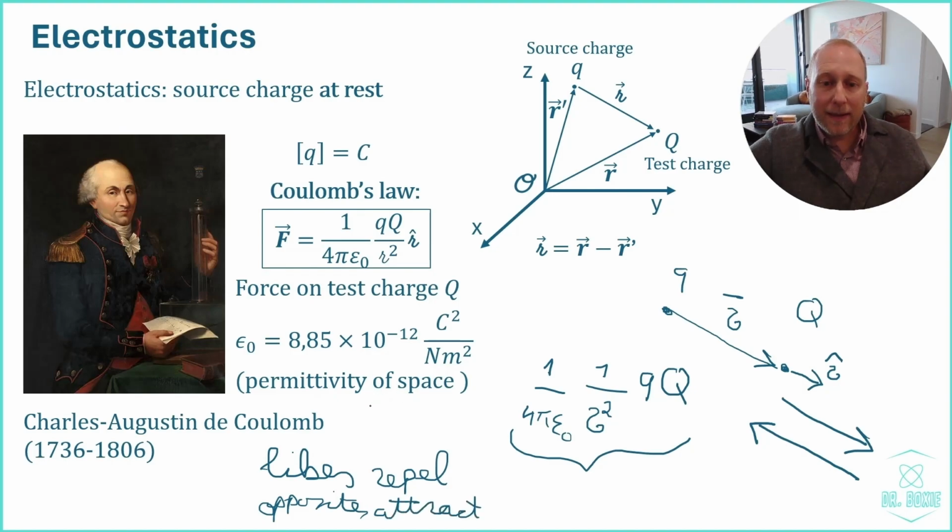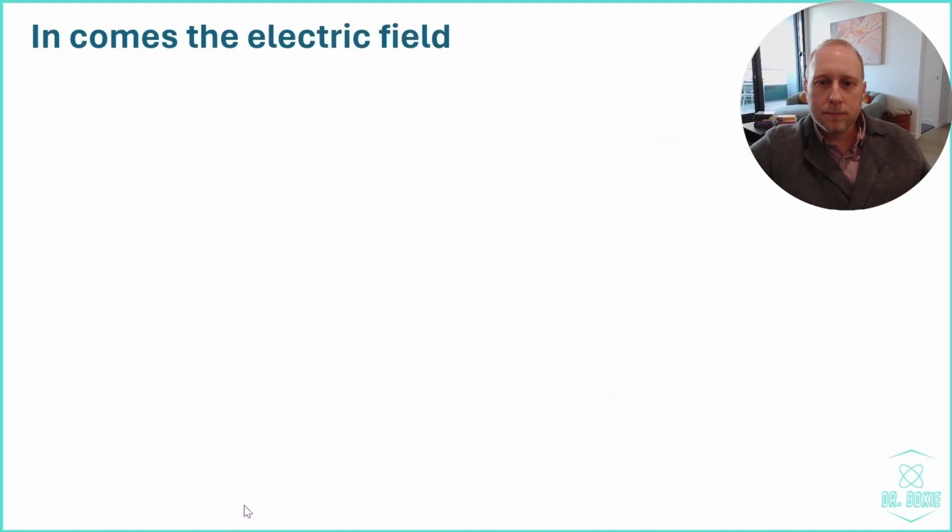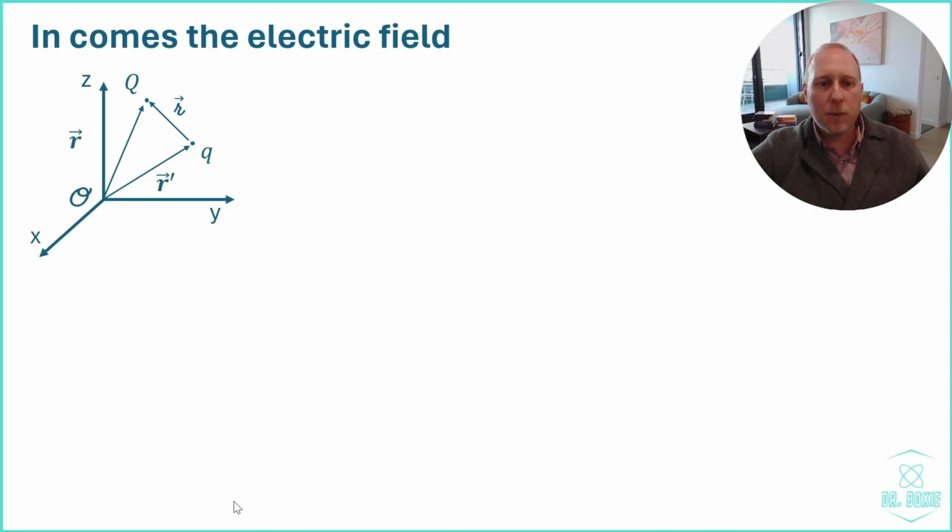This is built in to this expression for Coulomb's law. We want to rewrite the result we just found of Coulomb's law, and we do it in the following way. We again consider the case with a test charge and a source charge, and Coulomb's law given by this expression here. Now, notice that we can just pull capital Q, the test charge, to the front of this expression, and